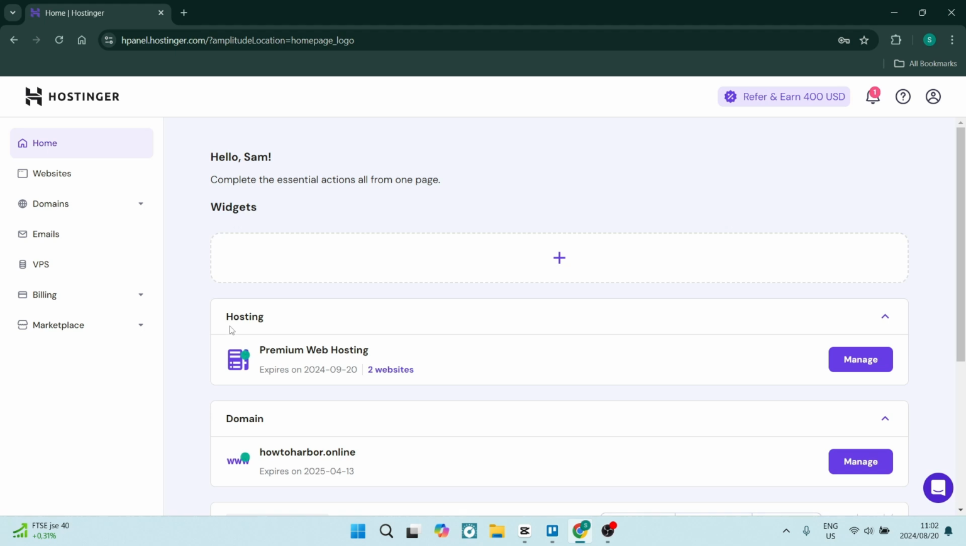I'm going to show you today how to change your HTTP to HTTPS extension in Hostinger. It is by far the quickest, easiest method. So let's dive in. To change HTTP to HTTPS, we're going to go over to websites on the left-hand